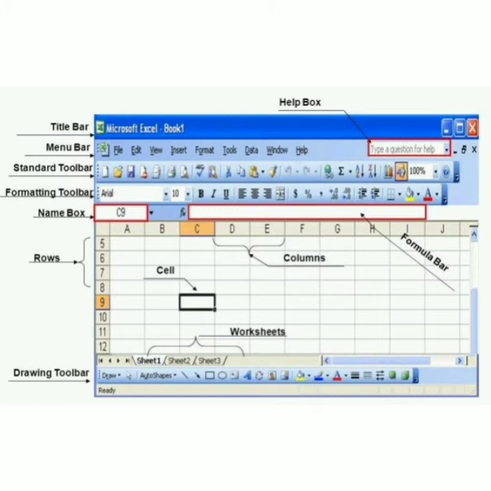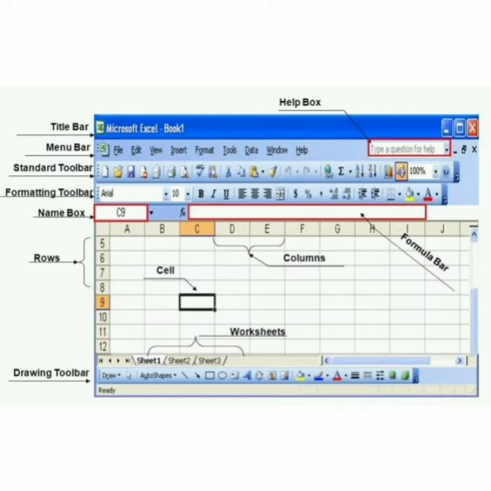Next is name box. The name box is located above the column heading on the left hand side of the window. Formula bar. The formula bar is located at the top of the sheet. It is located to the right of the name box. Next is sheet tabs. Sheet tabs appear at the bottom left of the Excel window, just above the status bar.